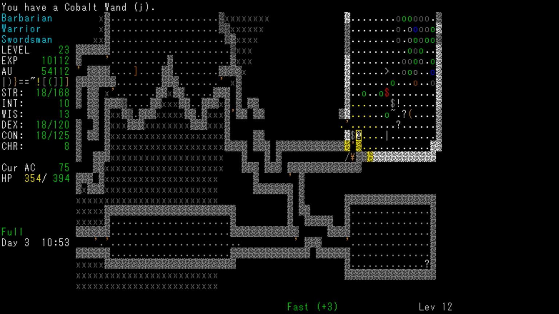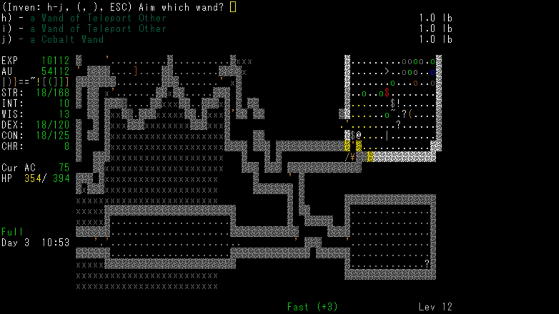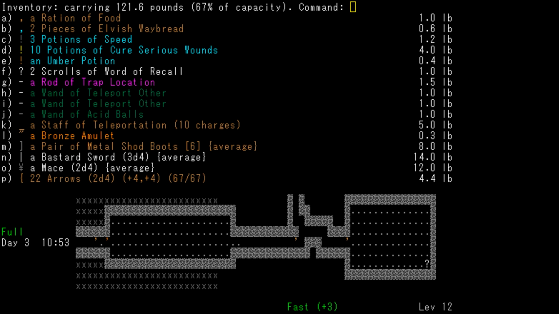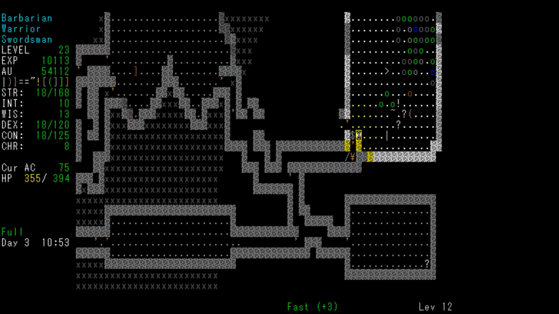Let's get the Cobalt Wand so we can aim it and use it. Learn what it does. Gorbag, the orc captain, calls your mother nasty names. Like Jenny. What did that thing do? A wand of acid balls. That's probably good. Especially for fighting...